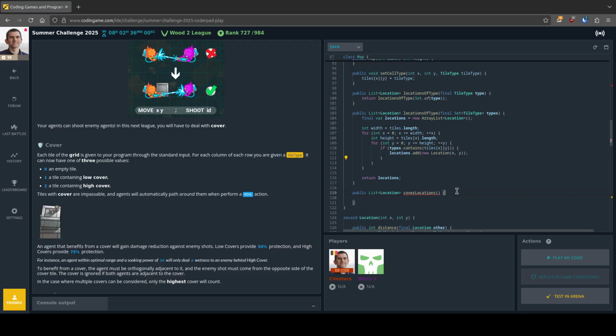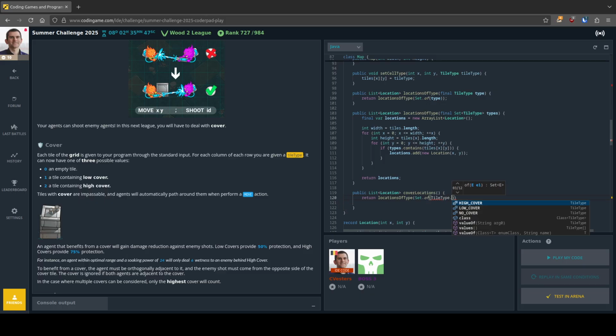And then here cover locations, you simply say return locations of type set of low cover type, low cover and tile type high cover. And that's how you reuse your logic to avoid